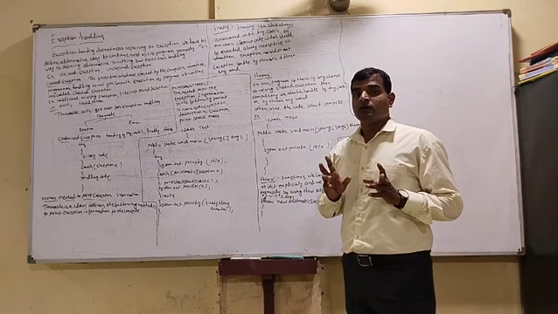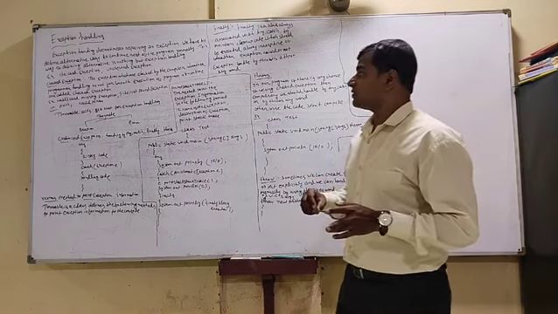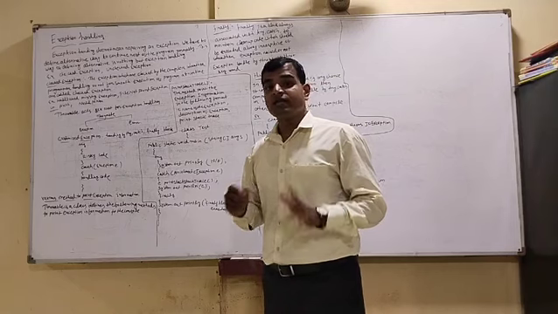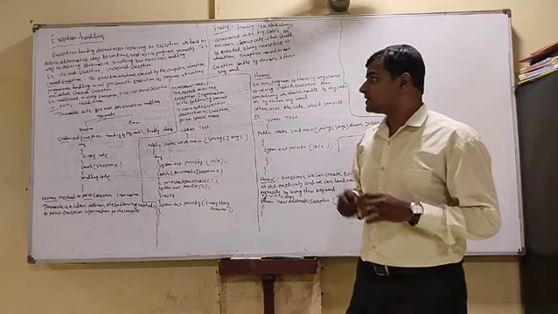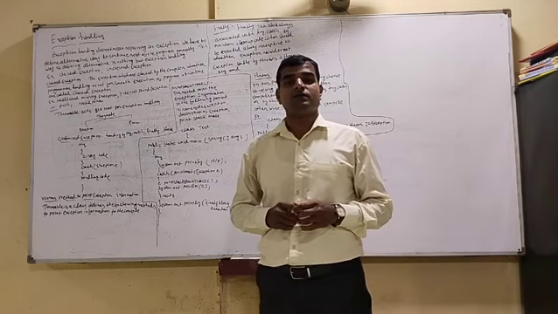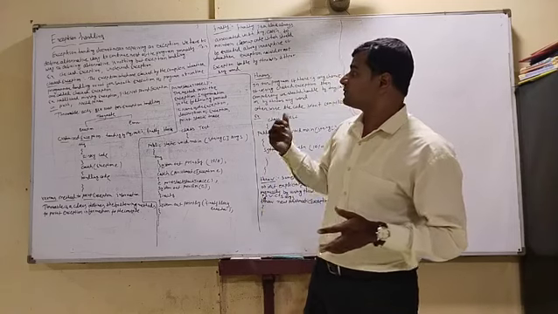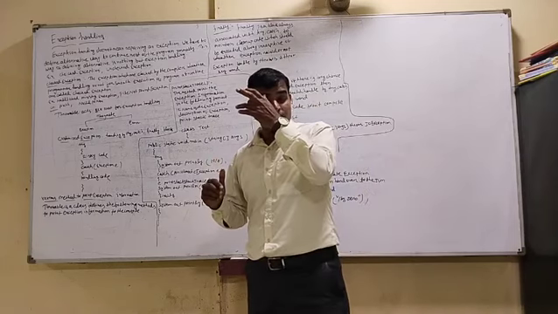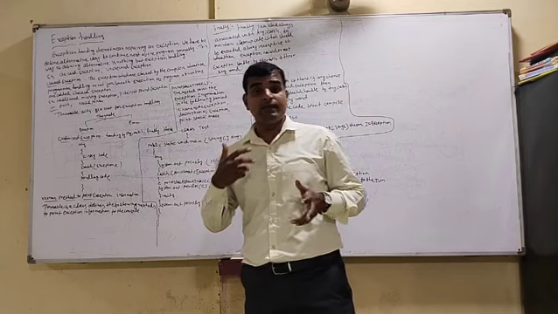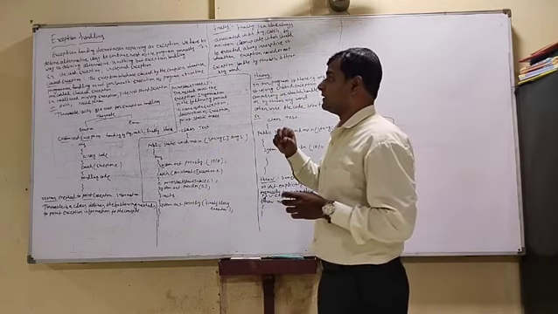The exceptions which are not checked by the compiler are called unchecked exception. Example, arithmetic exception and null pointer exception. Many unchecked exceptions are there, but I am writing two exceptions: arithmetic exception and null pointer exception.